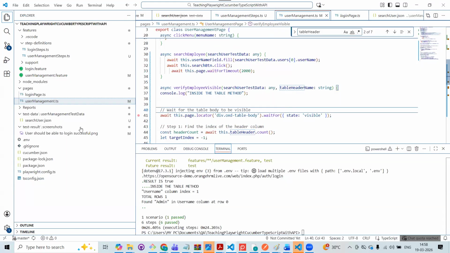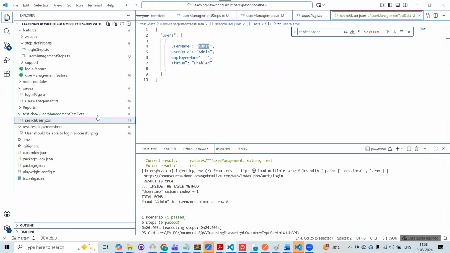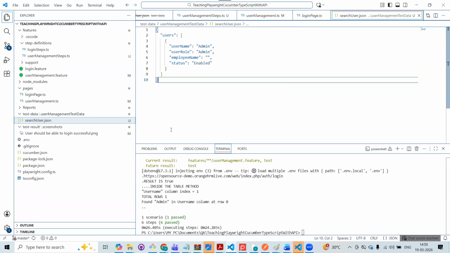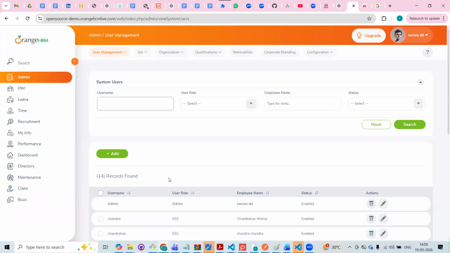And here we have learned how to use test data, how we are going to write the test data, and how we are going to import it inside a step definition. And we have to pass that test data to our pages file. And how we are going to use the test data inside the pages file, read whatever you want from the UI and compare it with whatever you have already defined in the test data. If both are matching, then my assertion is pass. Is this clear?